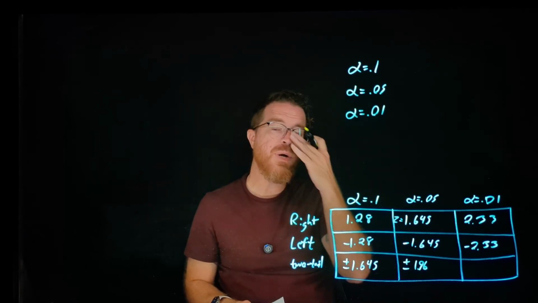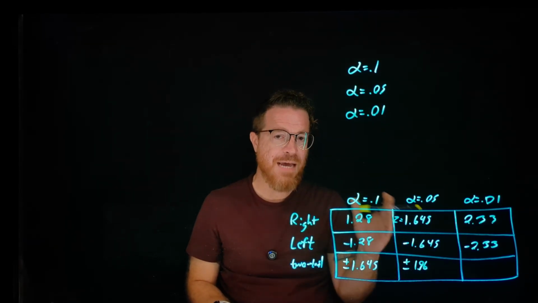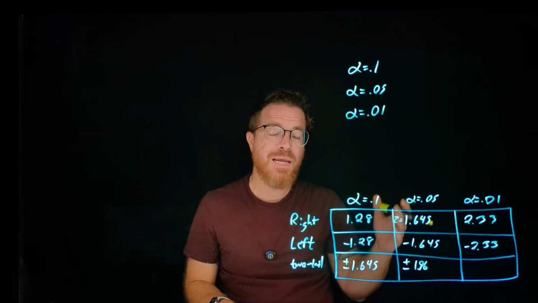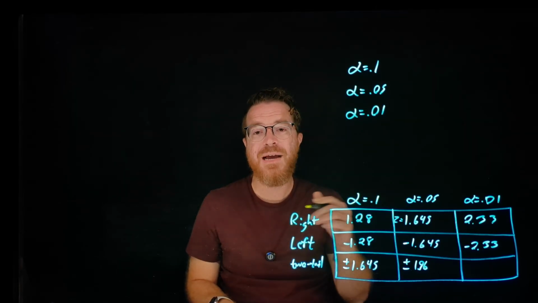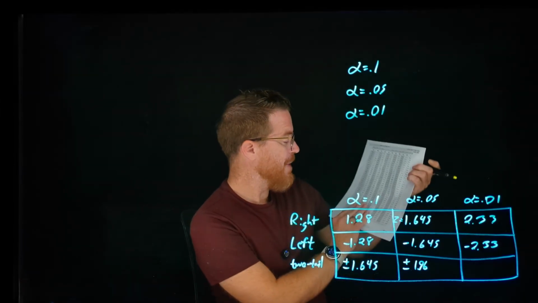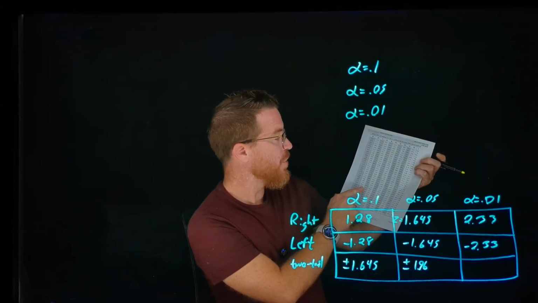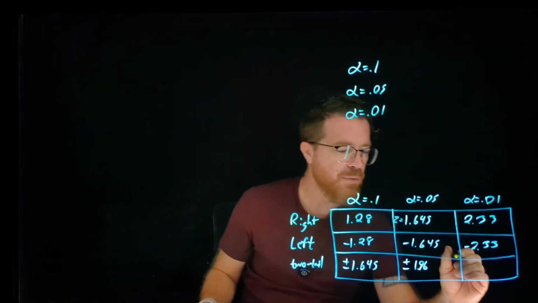And finally, if we have 0.01, half of it to the right, half of it to the left, this means we have 0.005 to the right, meaning we need to find the value that has 0.995 to the left. So we go to our table, we find 0.995, and we get that it is equal to 2.58. So plus or minus